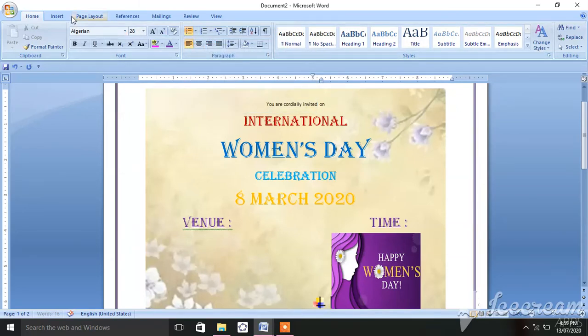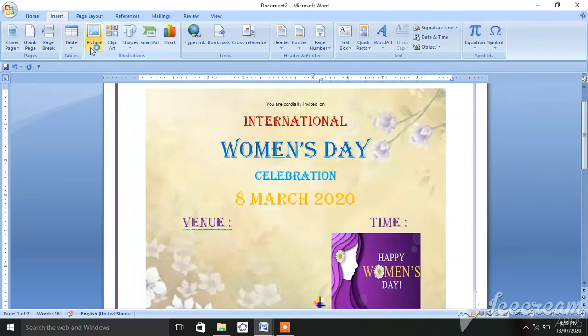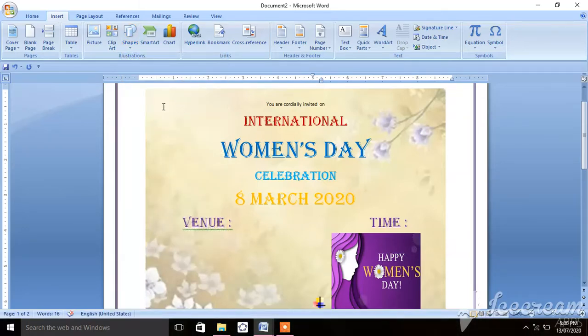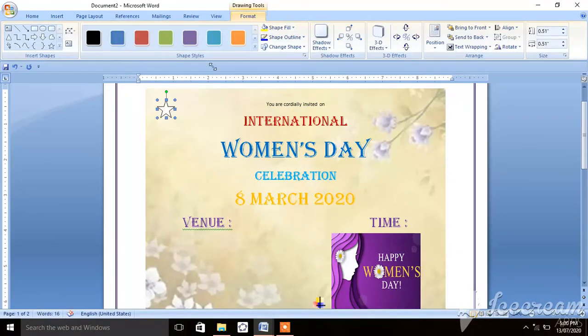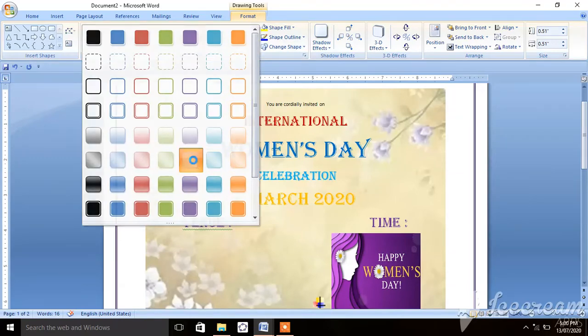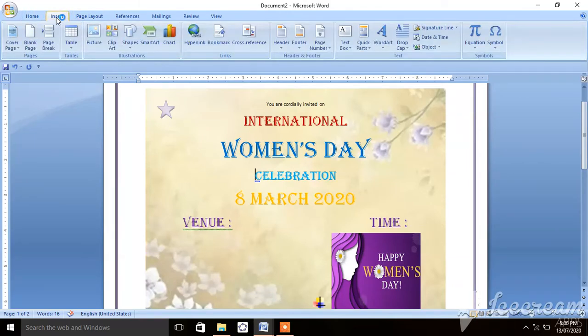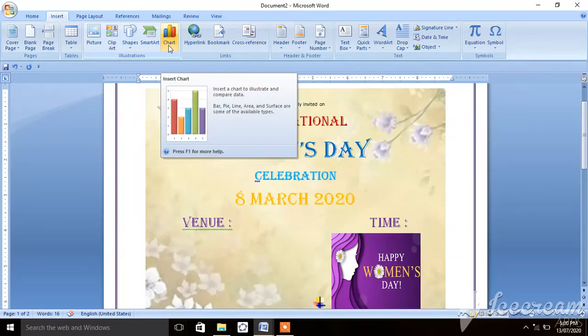Okay, then insert menu is used to insert the picture or shapes. Here we inserted one picture. If you want to insert the shape, just click on the shape, select any shape that you want and insert that shape. Suppose I want the star like shapes, click on star and insert one star here. Even you can give the color to that star also. So these are the shapes. Then suppose if you want to insert any chart from Excel, click on the chart.